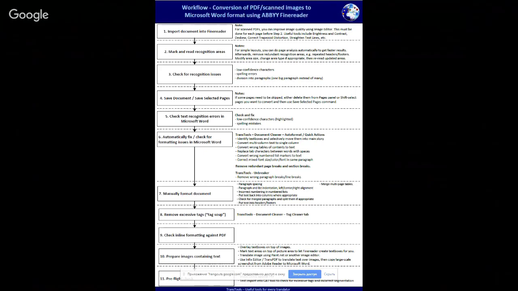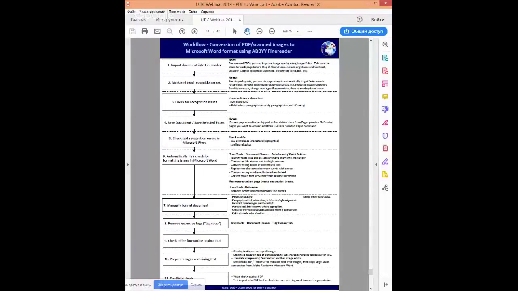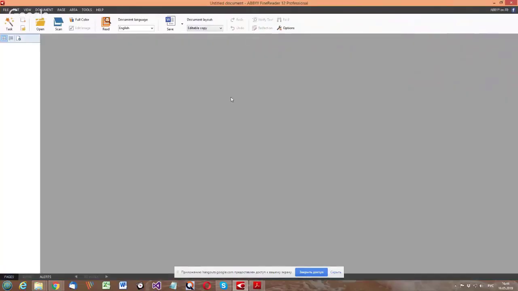Okay, so now I will demonstrate the workflow in action using Finereader and Microsoft Word. Here is Finereader.